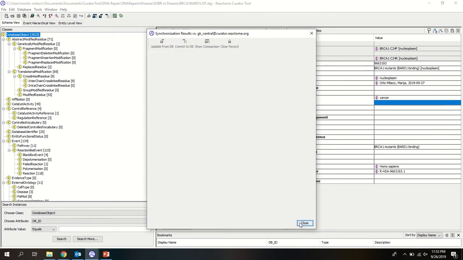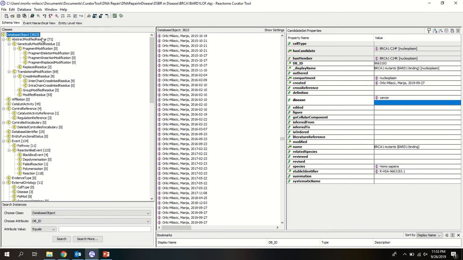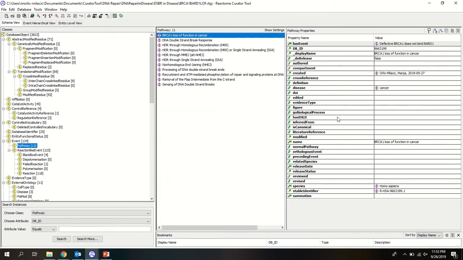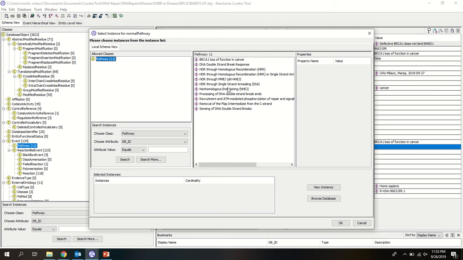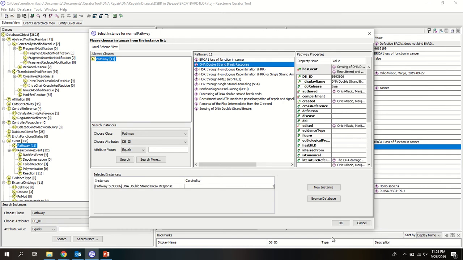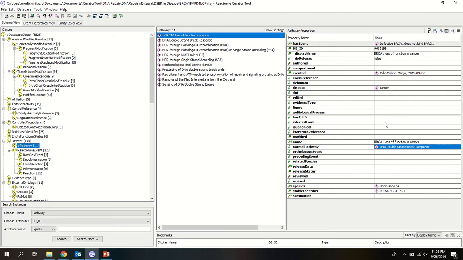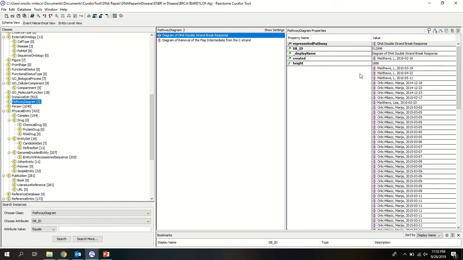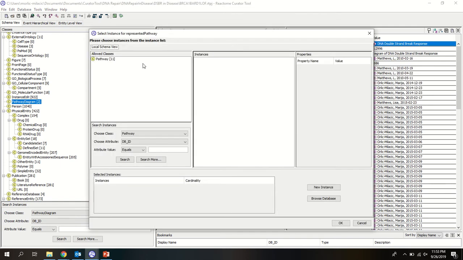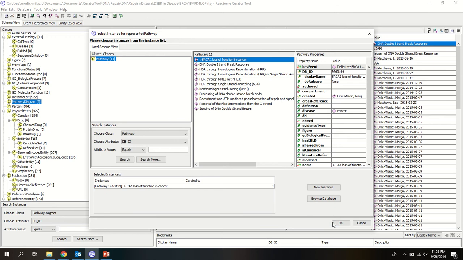Okay, and now if I specify that my normal pathway is DNA double-strand break response, and if I also say in the pathway diagram that this diagram represents also this pathway,